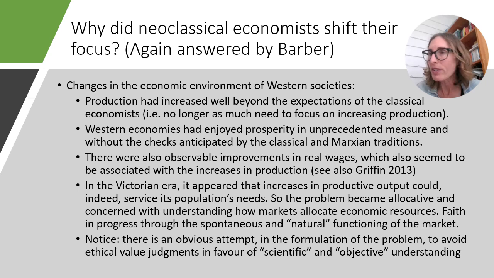You might recall that in the week on classical economics, we saw that Malthus had theorised that agricultural production would only increase by one additional unit per 25 years, whereas population would increase exponentially, doubling itself every 25 years. But under industrial conditions, 100 years later, production had certainly increased well beyond the expectations of the classical political economists. There was no longer as much of a need to focus on increasing production,